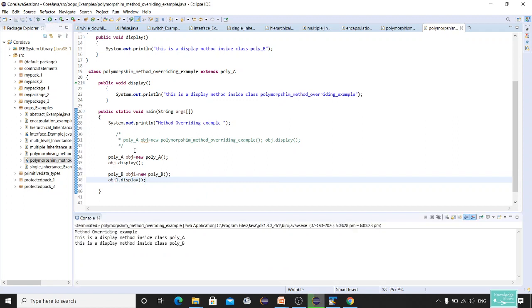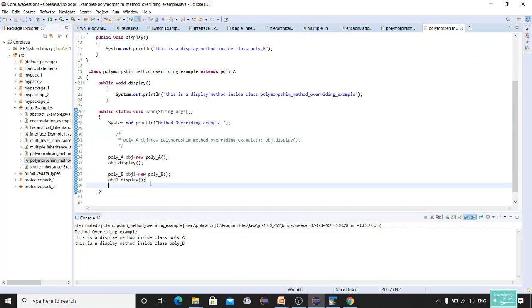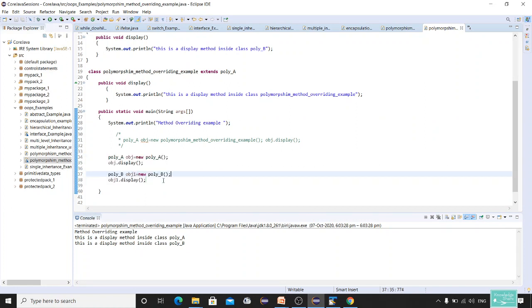So I'll run this program. See, I have poly A, I have poly B. That means within the same class, you are defining your own object, okay, and you are trying to achieve this.